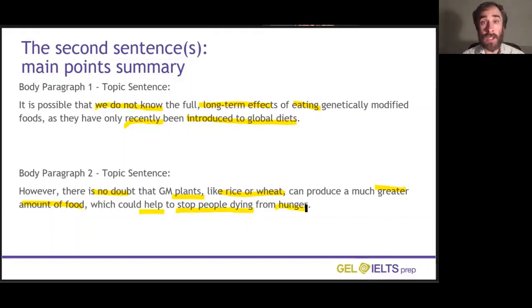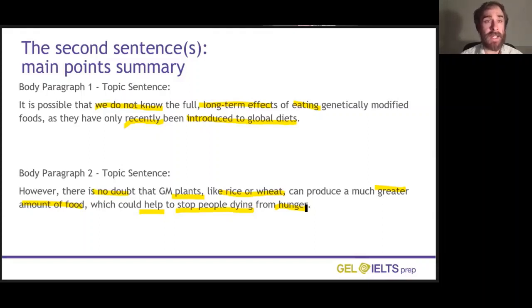So for our conclusion, we need to summarize these 2 points. We could do this in 1 sentence or we could do this in 2 sentences, but we can't use exactly the same language. We're going to have to paraphrase them in some way. So let's think about some words we could use to